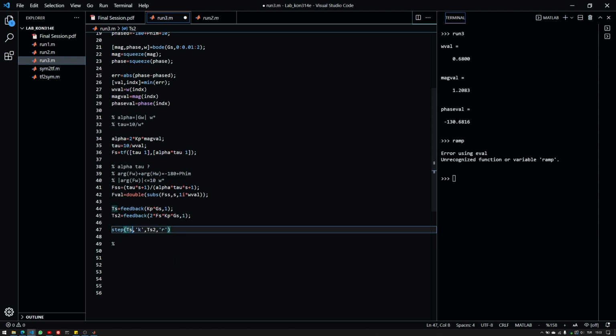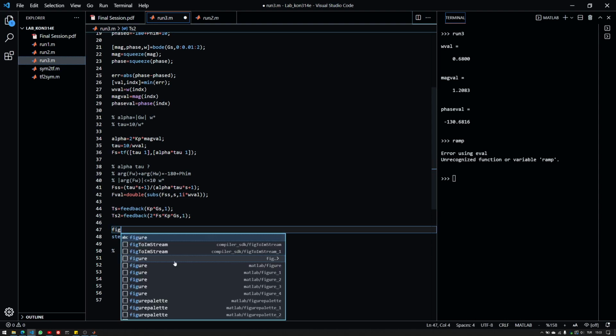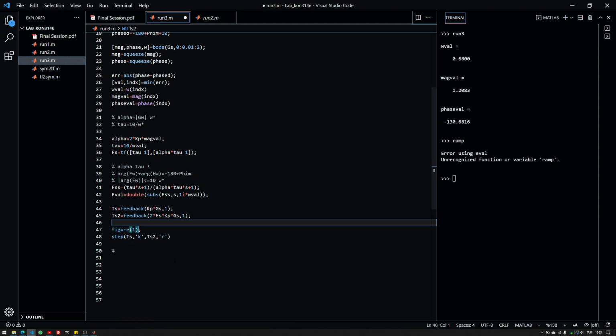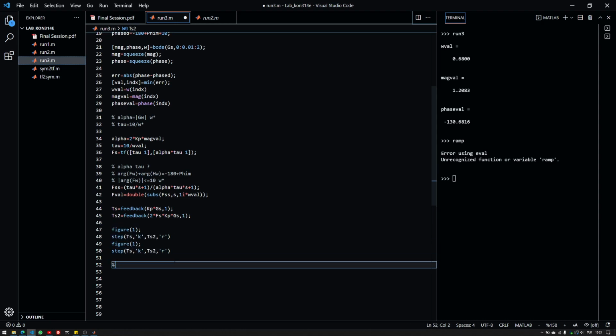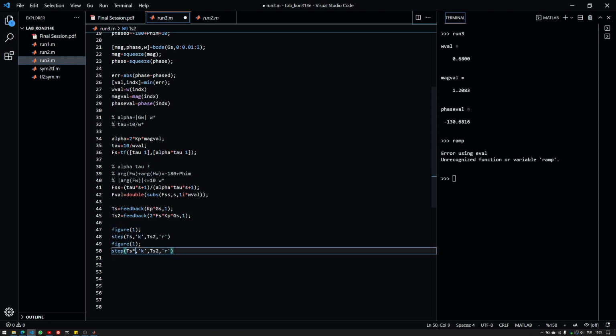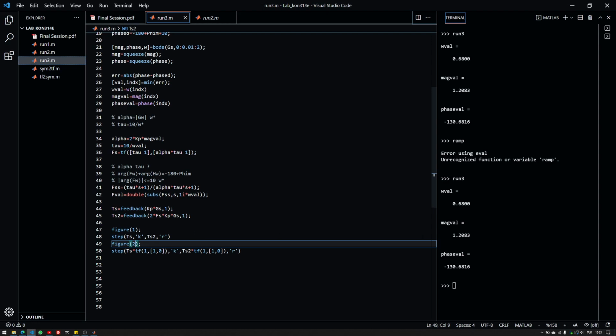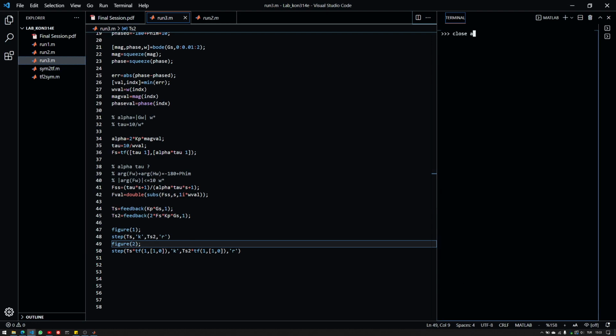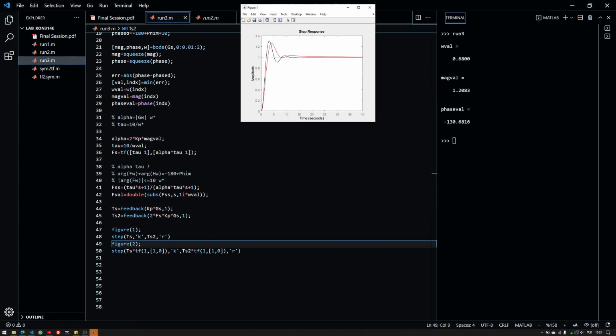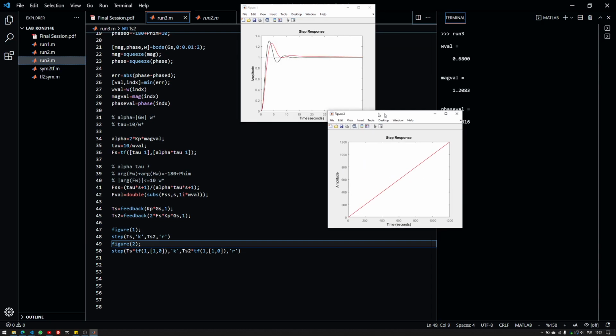So I could just say, okay, this is basically figure 1. But what about the ramp type inputs? I can also check that by taking the integral 1, 0, which is 1 divided by s, and hopefully it should give me the ramp response. Of course, I should change this to 2. Let's clear. So there we go. Now we have the ramp